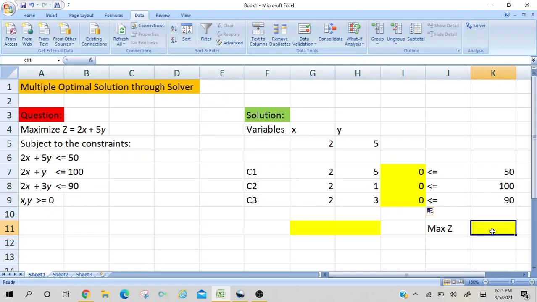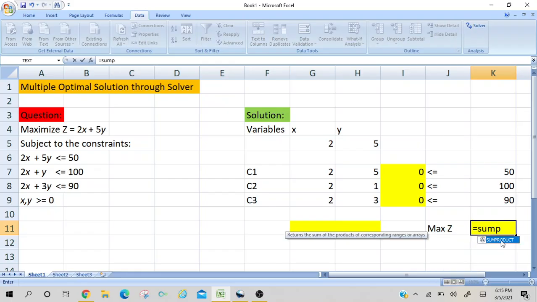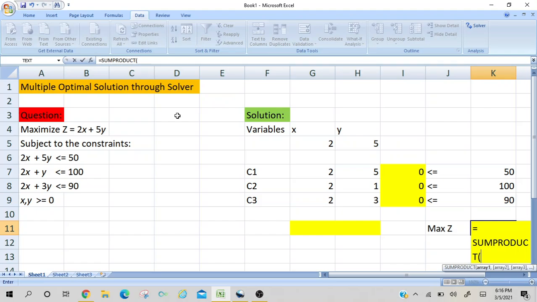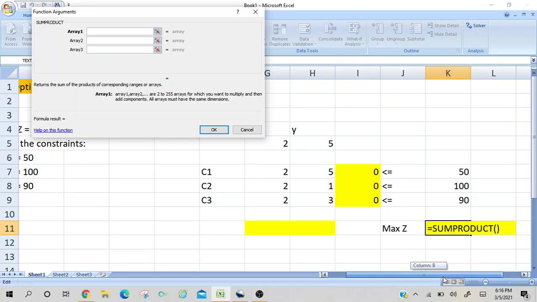Now we will apply the same SUMPRODUCT formula in our K11 cell, where we are required to find the maximized value of Z. So for this, we will type equal to SUMPRODUCT, double click on it to select the formula, and press Shift plus F3. It's asking for Array 1.